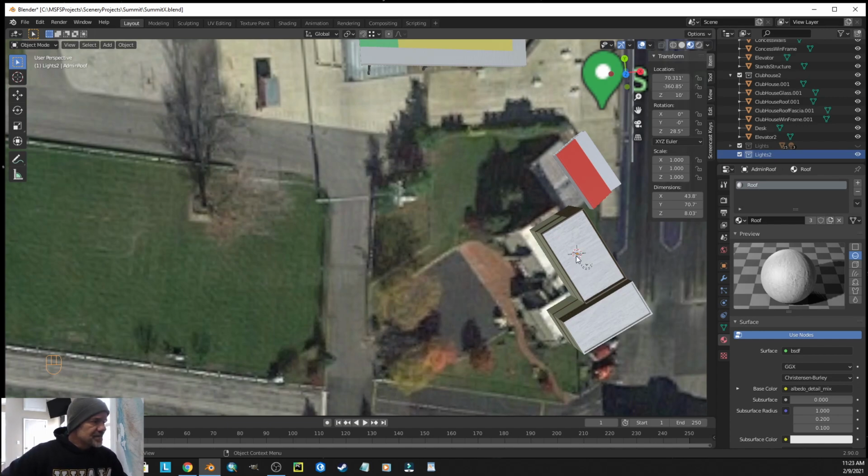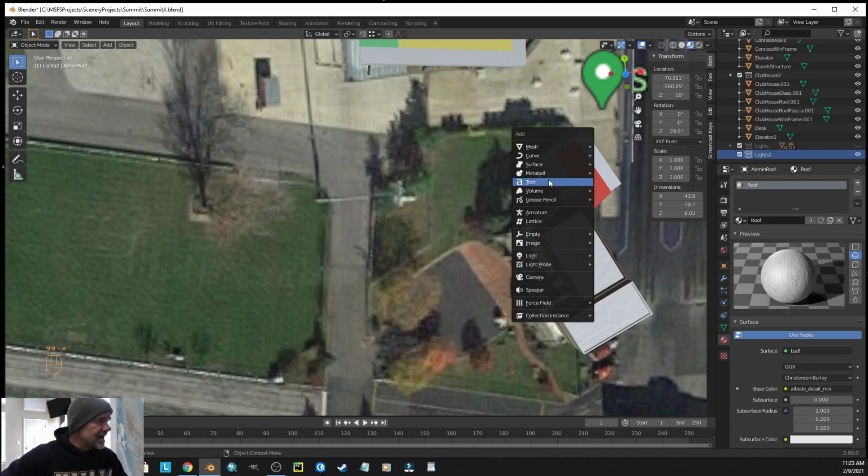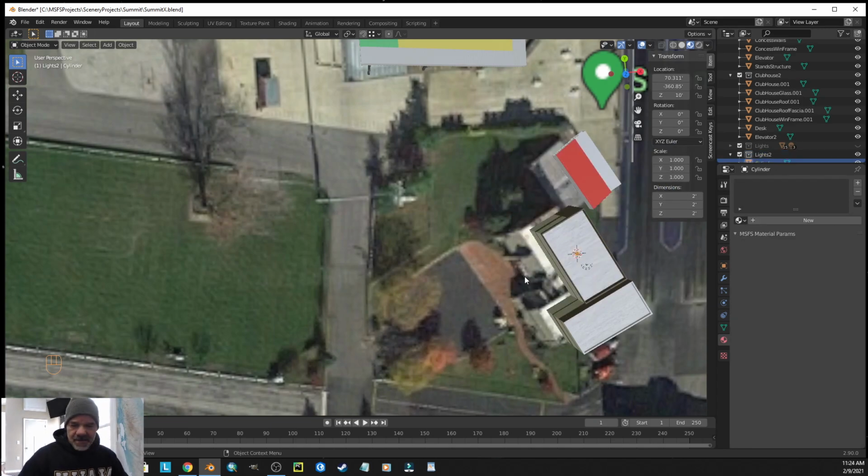And what I'm going to do is I'm going to Shift A to add a mesh, and it's going to be a cylinder. And then I'm going to move that over to where the light actually is located. I'm moving along the x-axis here, and then I'm going to move along the y-axis to the location of the light itself. I might have to make some little adjustments here. All right, so I have my cylinder,